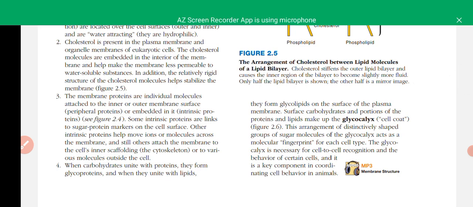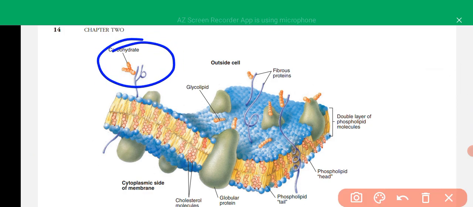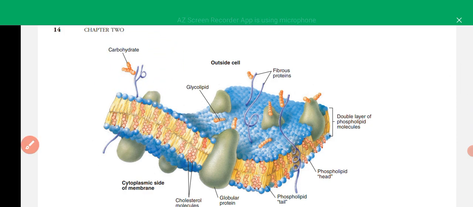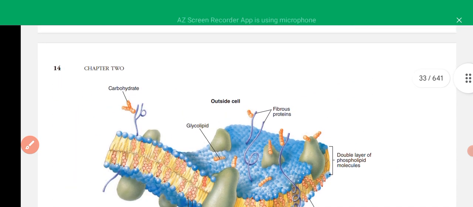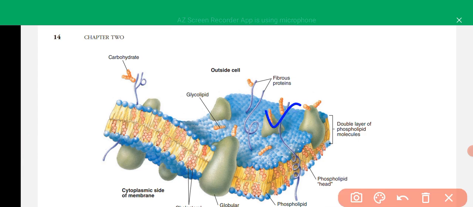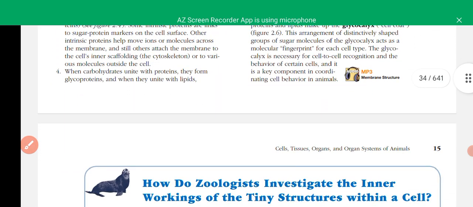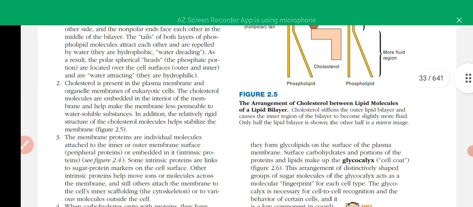When carbohydrates are attached to the lipids, they are called glycolipids. And when they are attached to the proteins, they are called glycoproteins. Like this one is attached to protein, it is a glycoprotein, and both these structures together are called the glycocalyx,